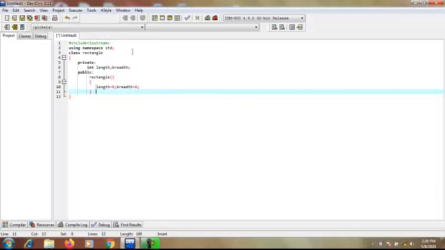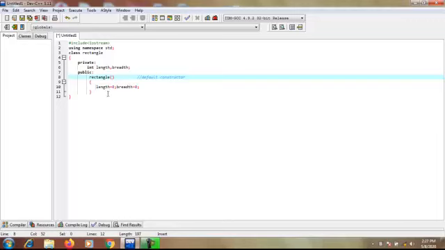This is the body of the default constructor. That means this is the default constructor.